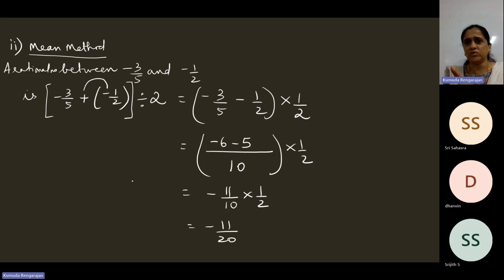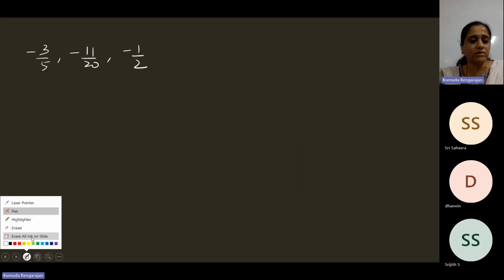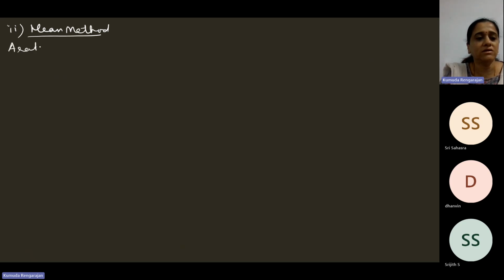No, you're still confused, right? No, 1 minute. Let me do it again. You tell me, I'll do it. What are the two numbers? Minus 3 by 5 and minus 1 by 2, right? See here, this is the mean method. You should start like this: a rational number between minus 3 by 5 and minus 1 by 2 is,